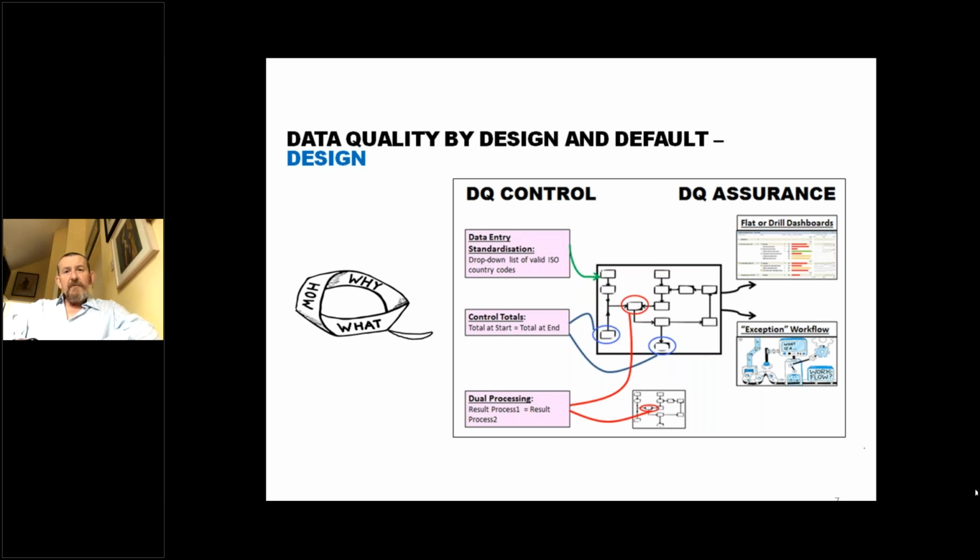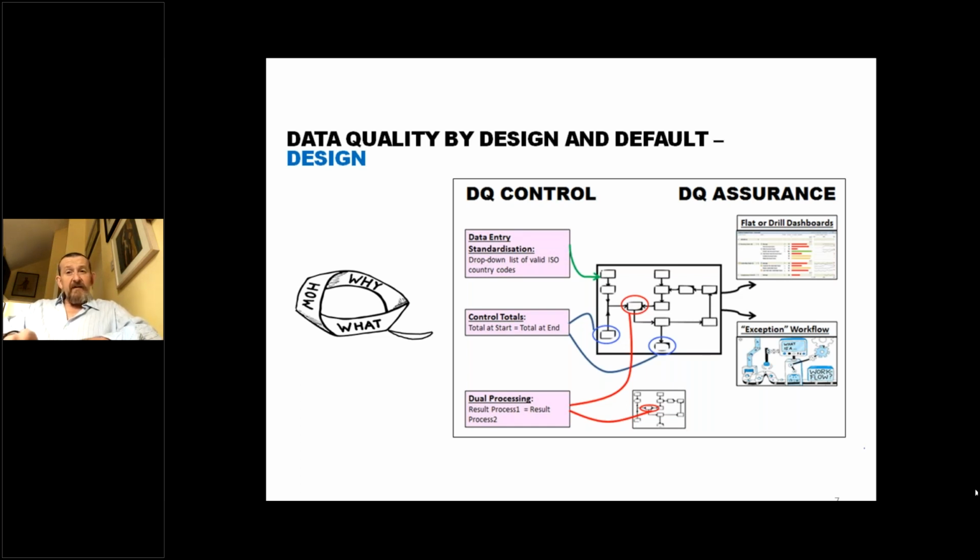Or there could be comparisons between data within the system with other data, maybe within the system or outside the system as well, for reasonableness checks along the way. But you're building these into systems, and not something that's been done as an afterthought. They're designed into the systems, designed into the processes, and they hopefully will achieve an improvement in data being gathered, and certainty of data as it moves through transformation steps through processes and systems. So they're built in, designed into changes, designed into systems and processes.